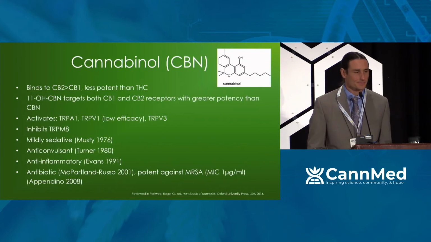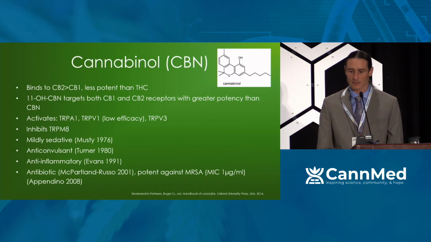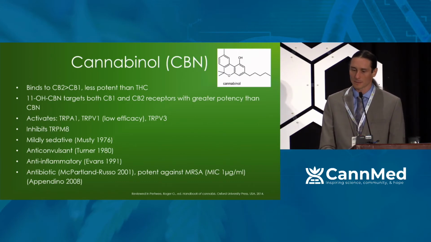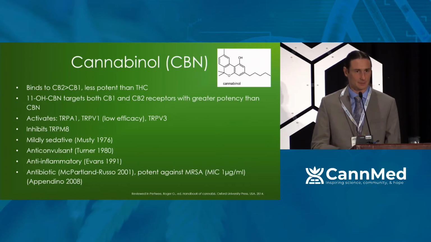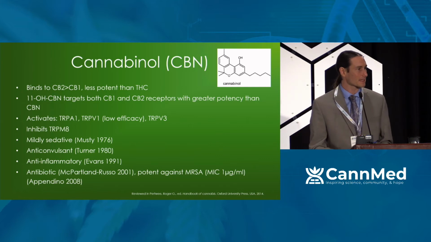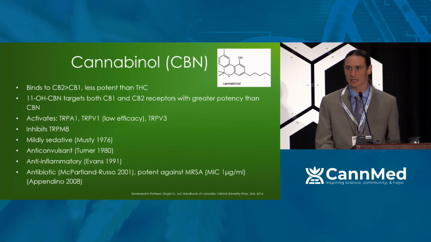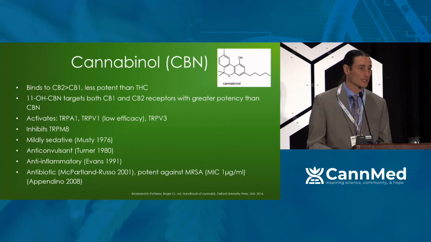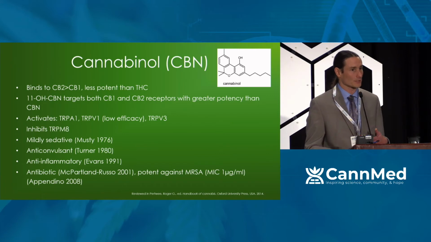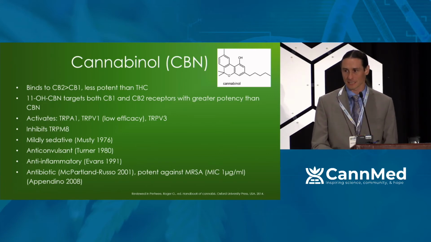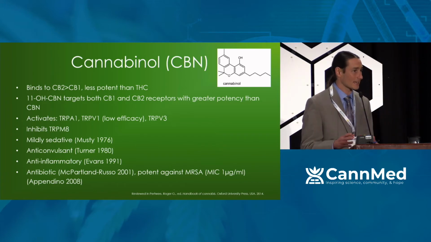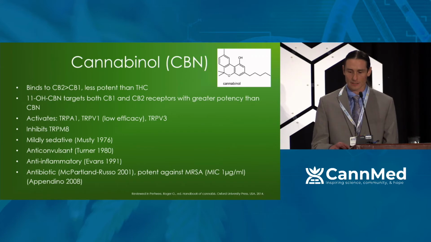So moving along, CBN, just some of the pharmacology: it binds to CB2 a little bit better than CB1. In both cases, it's less potent than THC, but very similar to THC. Now, CBN is not produced by the plant per se, but it's an oxidative breakdown product of THC. So especially in regions where there's a lot of humidity, and you would traditionally dry the cannabis flowers out in the sun, that ultraviolet light will convert some of the THC into CBN, and that gives the flower a bit of a different quality. Mildly sedative, according to a report in 1976.